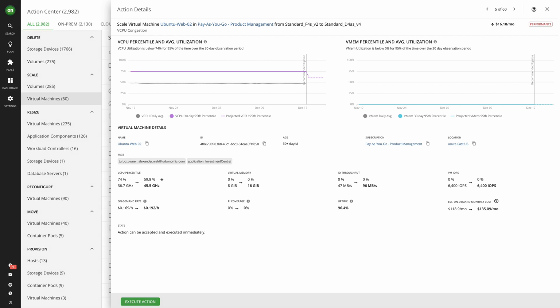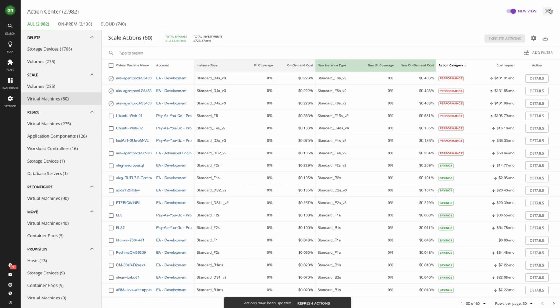An important point to highlight here is that these actions are not simply recommendations on what the user should do. These are actions that can be taken without the Turbonomic platform. For example, if the action mode is set to manual, I can click on this checkbox, scroll up and click Apply Selected, and this VM will move to the new host, or in the case of the resizing action, the